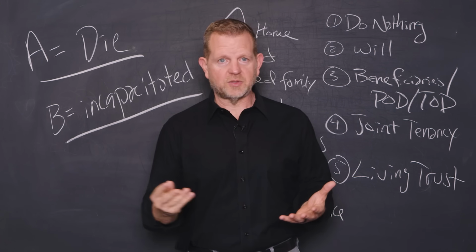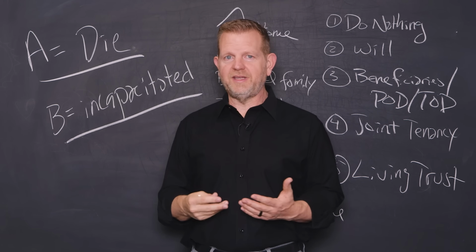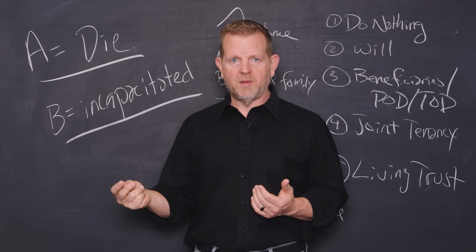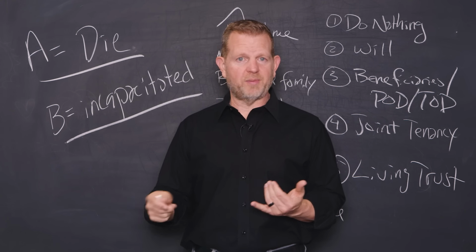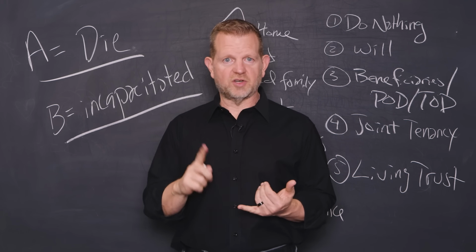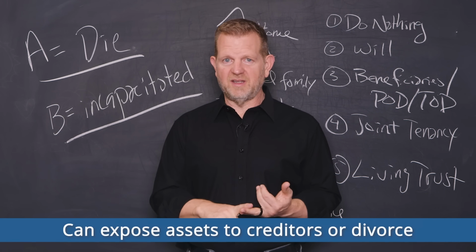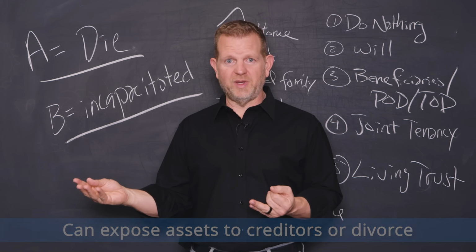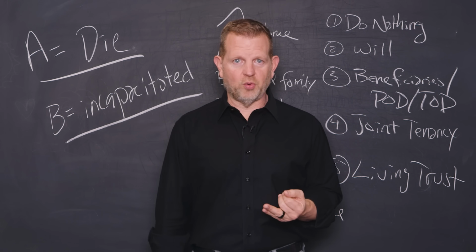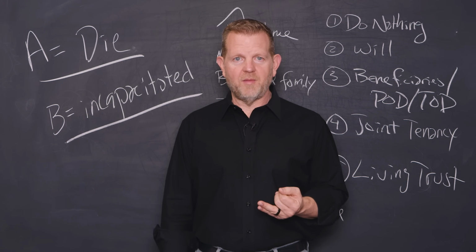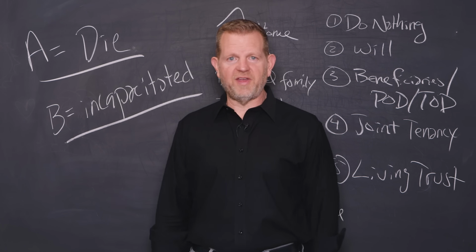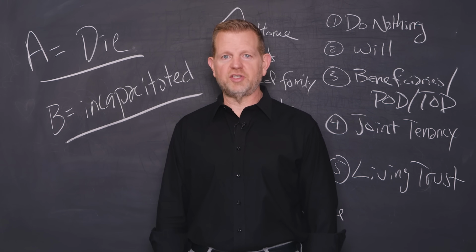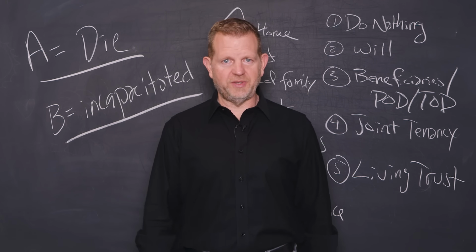Event A, you pass away. Yes, joint tenancy can pass automatically to the surviving joint owner. But what if you added a child? You expose the property to your child's divorces, their creditors. You may have created gift issues when you gave them the interest. When you added them on as a joint tenant, that is a gift of that portion of that interest. You may have also accidentally set up a family fight with your other kids. And you may have complicated what happens if your child predeceases you too.